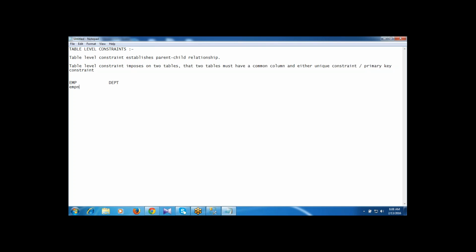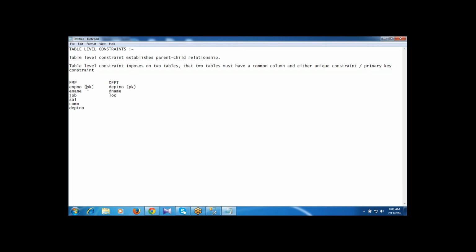The EMP table has the employee number, employee name, job, salary, commission, and department number. On the EMP table, I have the primary key on the employee number column. In the DEP table, we have the primary key on the department number column.